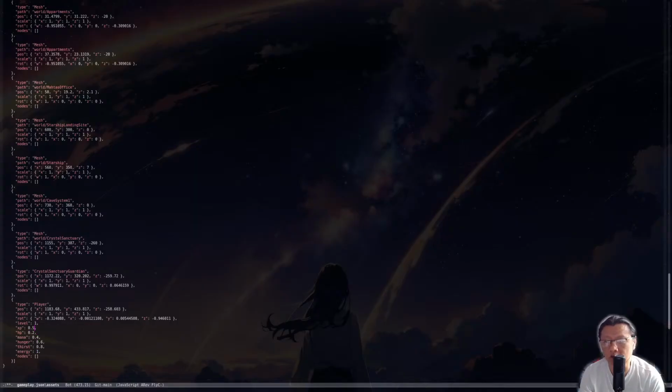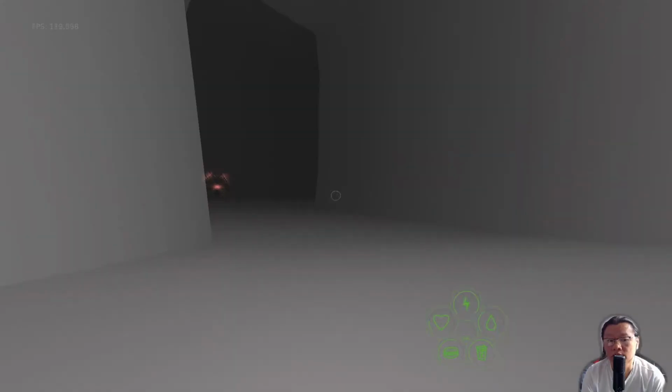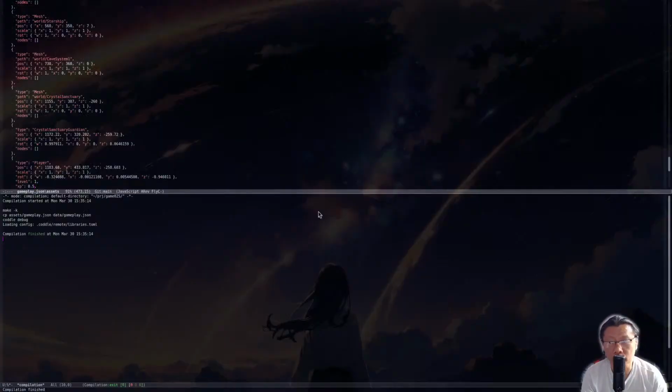Let's do 0.5. XP is not showing correctly. Oh, because XP is integer. Let's do 50 for XP and